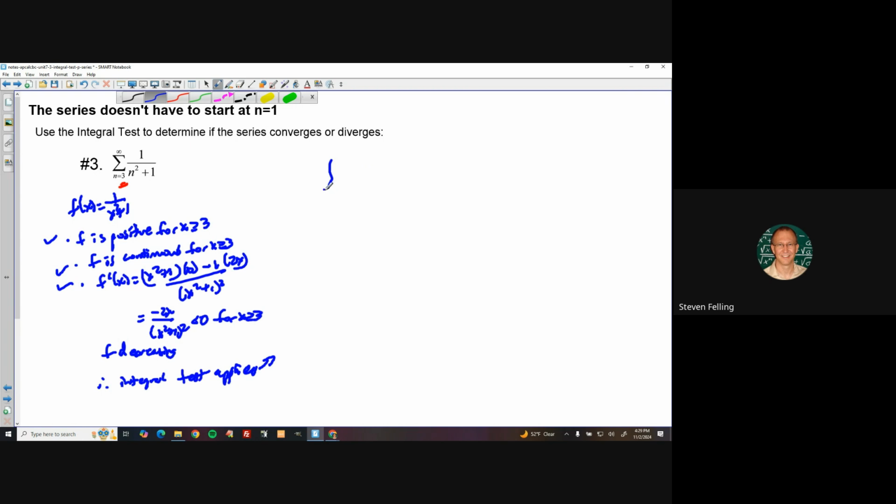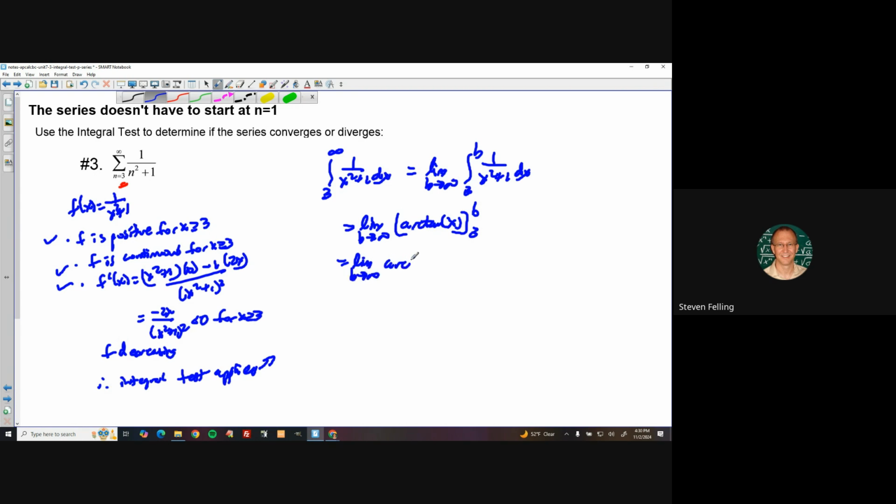The integral from, I'm just going to start at 3, 3 to infinity of 1 over x squared plus 1 dx. We would make that a proper integral: limit as b approaches infinity of the integral from 3 to b of 1 over x squared plus 1 dx. That is resolved to, when we take the antiderivative, arctangent of x from 3 to b, and limit as b approaches infinity of arctangent of b